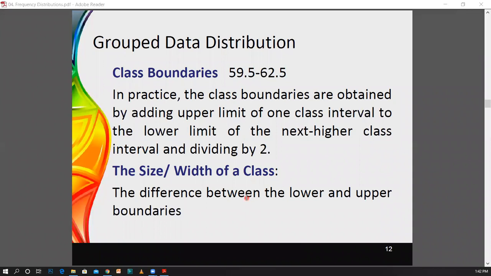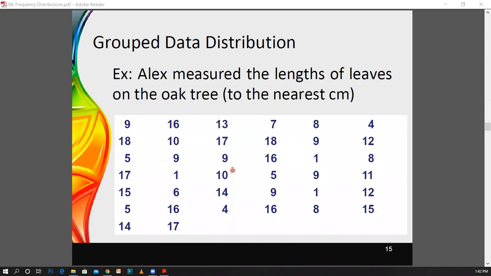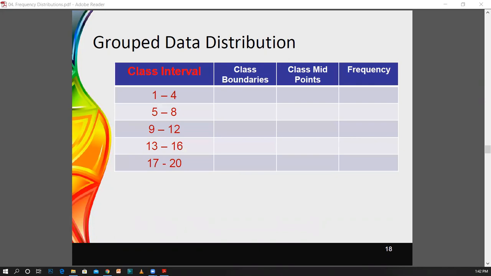But if you only have the values for class intervals, then what you can do is take the difference between the upper class interval and the lower class interval, and then add 1 to the obtained value. That is how you obtain the class width. If you come back to this example, you can see that the value is 1 here, and the defined value is 4 here. If you take the difference, 4 minus 1 equals 3. Therefore, the class width is 3 plus 1, which is equal to 4.